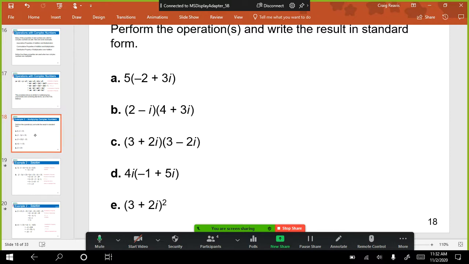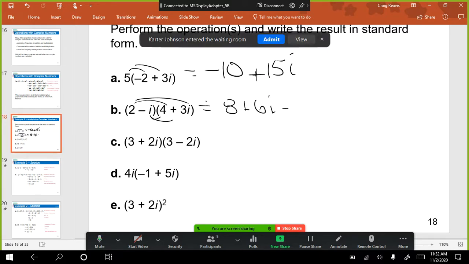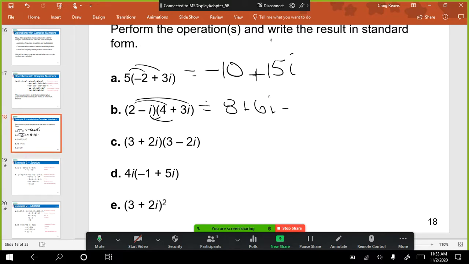5 times that complex number, you just distribute that 5. That would become negative 10 plus what, 15i? Now, here's where it's going to get a little bit different. Now, if you multiply it out, it's the same. I'm going to distribute the 2, so I'm going to have 8, plus 6i, minus, then I got to distribute the minus i, so that's going to be minus 4i, and then minus 3i